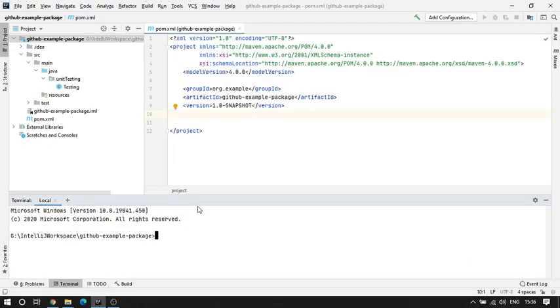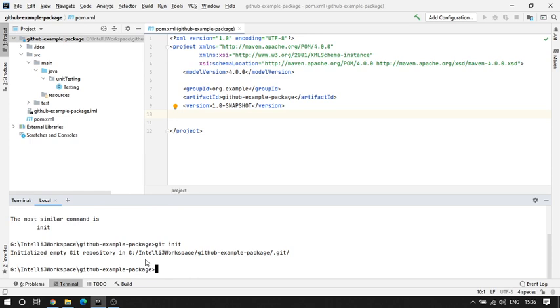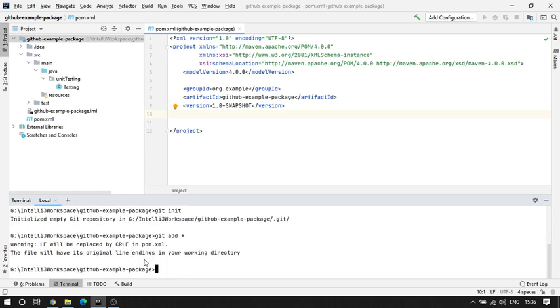I'll open the terminal here: git init, git add star, git commit -m first commit.